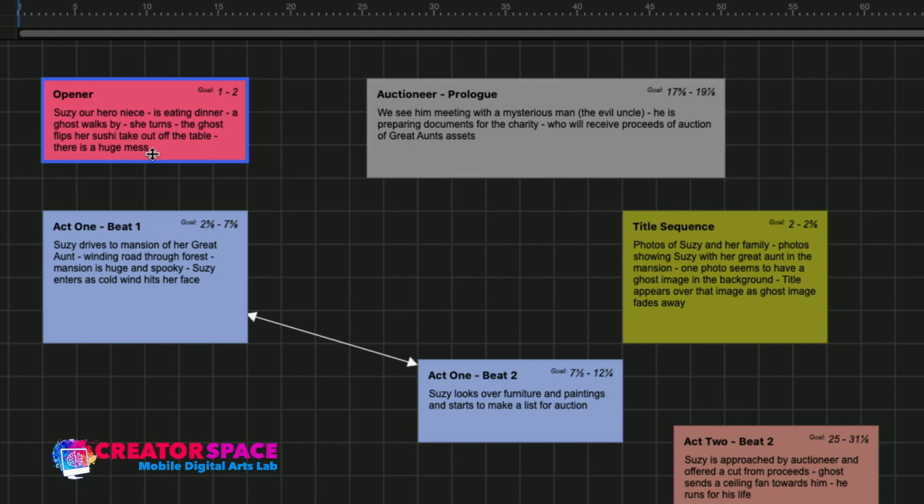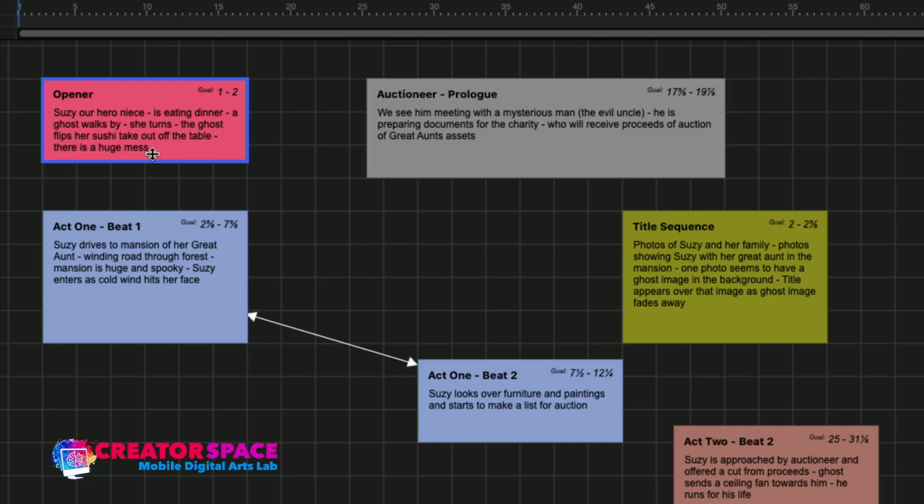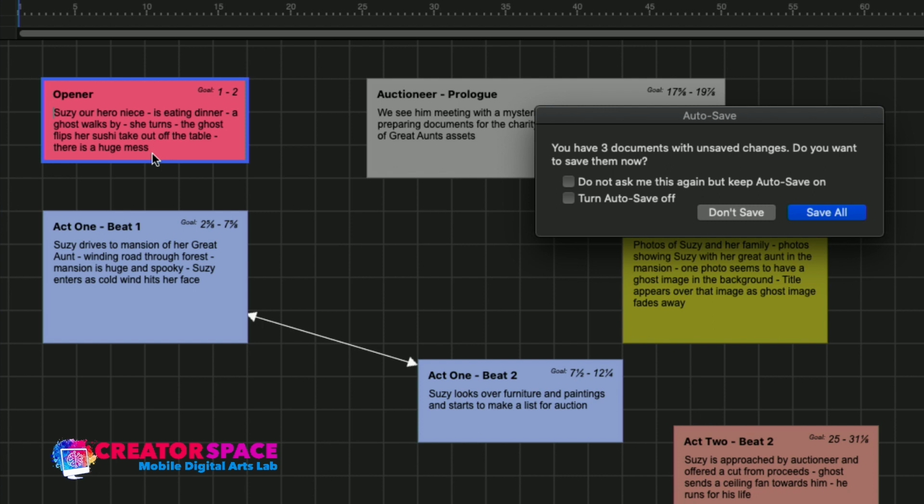But personally, with this Beatboard idea, I can visually represent more of what I'm thinking in my head, versus the treatment. It gets a little bit tough because it's just those paragraphs and it doesn't give me this nice visual format and presentation. So that's what I really love about this Beatboard idea, is that I can start to visualize everything. I can then take those beats and then put it into